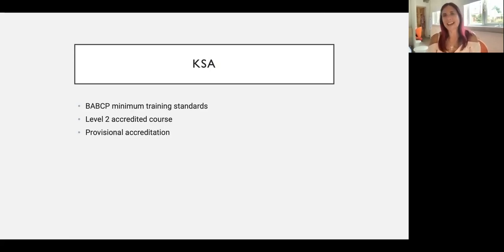It wasn't always the case. But if you go to the accreditation tab, it gives you a lot of information on there, and you can download documents, but the minimum training standards is what this is related to. And as I said before, there are 2 routes that require the KSA. One is entering the level 2 accredited courses, which of course, if you go on a level 1 accredited course, that does mean you don't have to do the KSA necessarily at the start of the course.